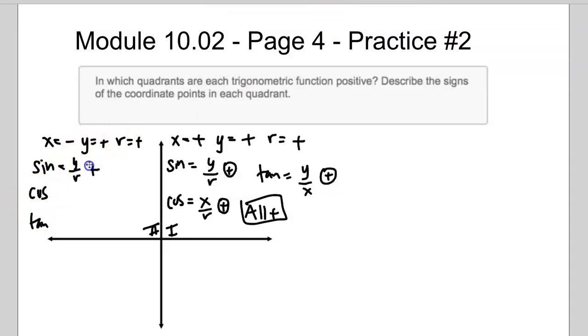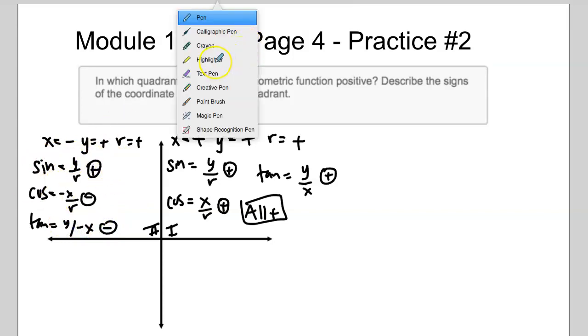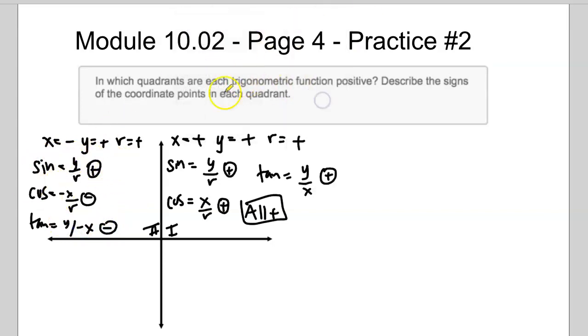So y over r, that's positive. Cosine would be negative x over positive r, because x would be negative, so that's negative. And then tangent would be positive y over negative x, so positive y divided by negative x, which is also negative. In this quadrant, the only trig function that is positive is the sine function. All right, so far we have quadrant 1 is all positive, quadrant 2 is only sine positive, and now